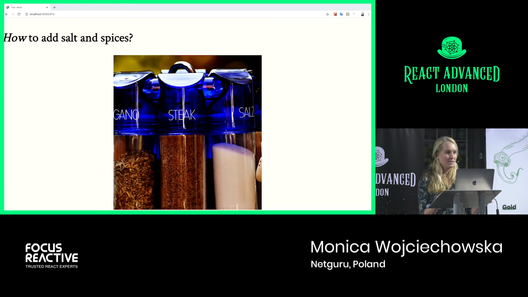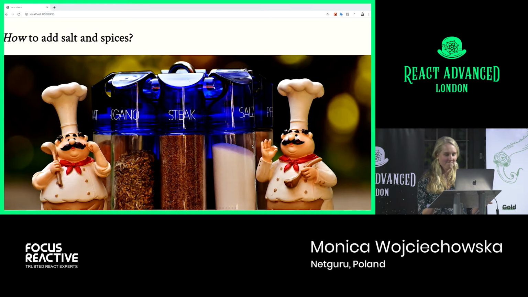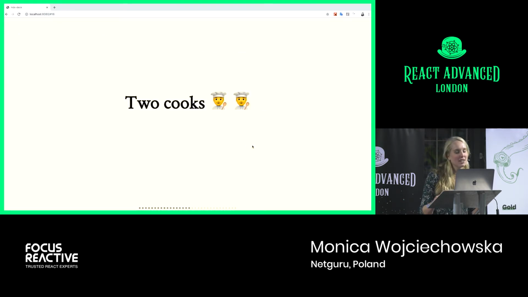So if we know that animation can add value in certain situations in data visualizations, it would probably also be helpful to know exactly how to implement that. And so this is where our two cooks come in. But have you ever heard the saying that you can't have too many cooks in the kitchen? Well, it's an English saying, but I think it makes sense in a global context, right? So how can you have one pot, one knife, one cutting board, one set of ingredients, and expect two different cooks to create one unified dish? So it would be very hard to do.